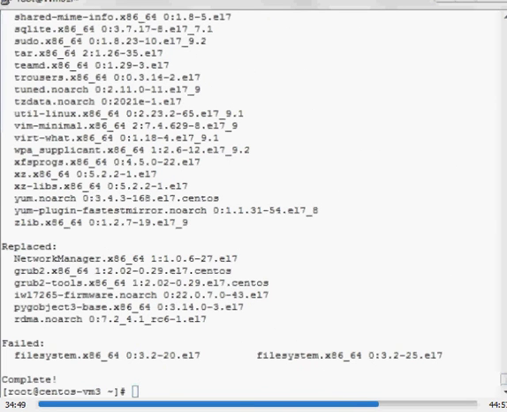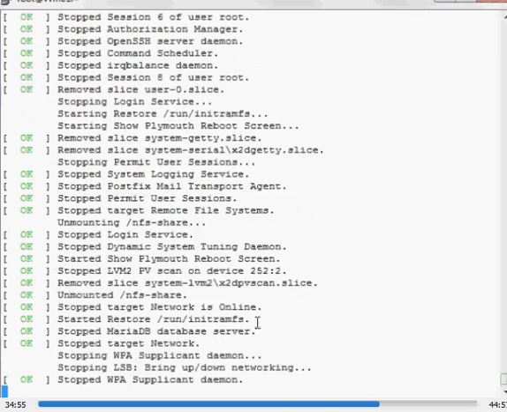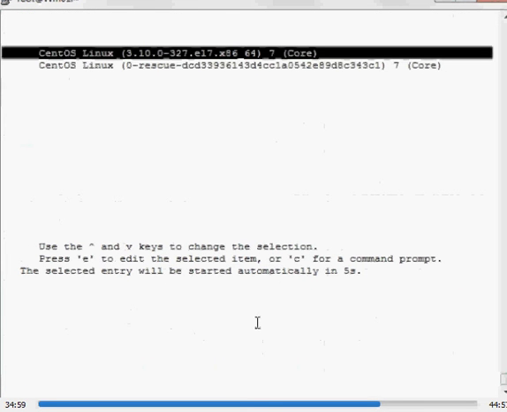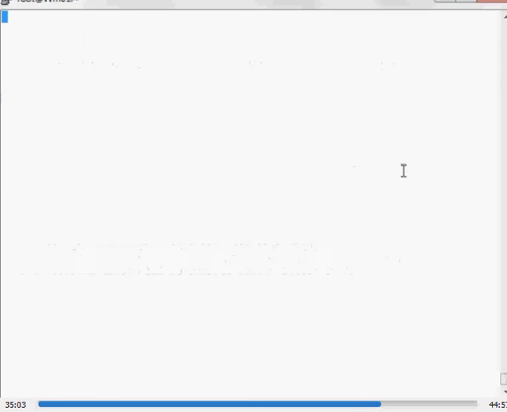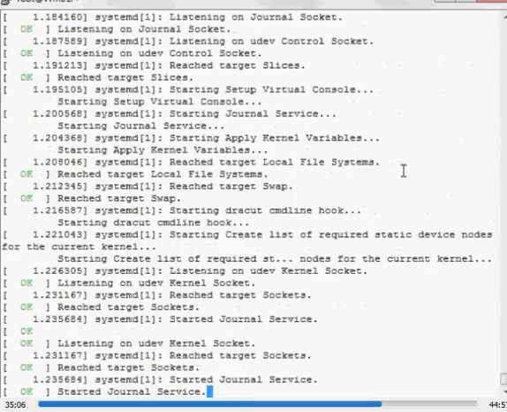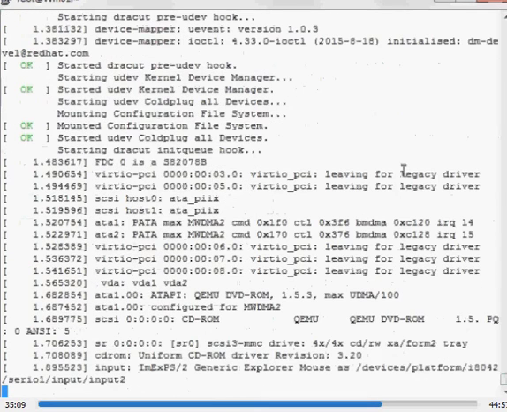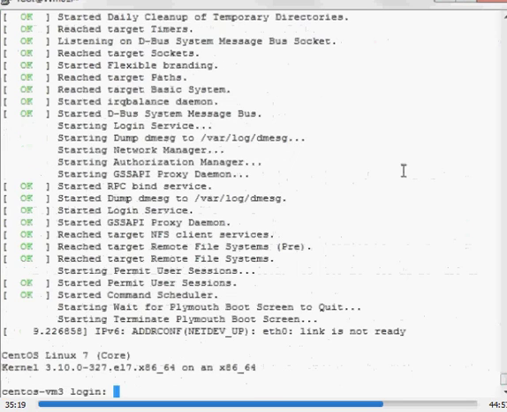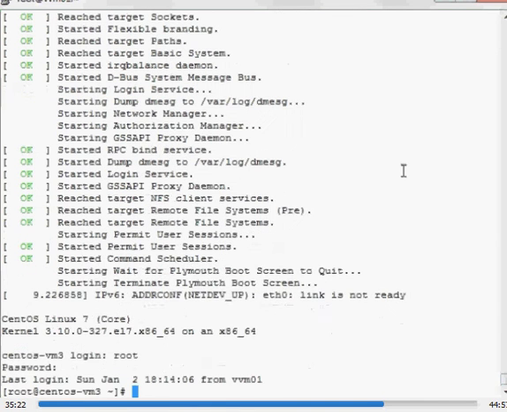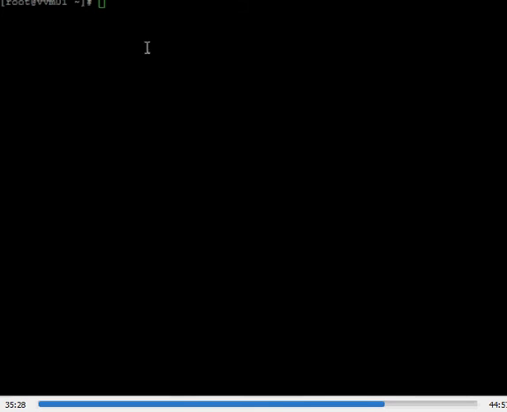Now the patching is completed. Now we will reboot the server. Here you can see only the old kernel. So the new kernel has not been updated since we have excluded it. Okay, now let's log into the console. Yeah, everything is working. Now let's take the SSH of the server.